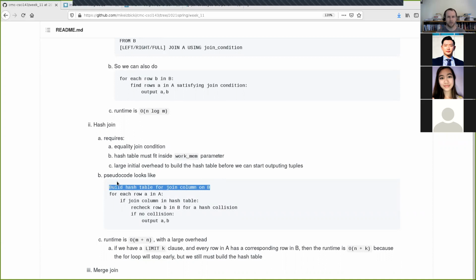That hash table is effectively exactly the same as the hash index. Then for each row in A, looping over just like we did above, if our join column is in the hash table, then we have to recheck to see if it matches in B due to hash collisions. And assuming there was no collision, then we output